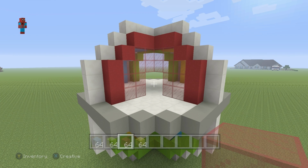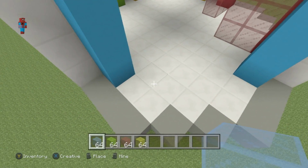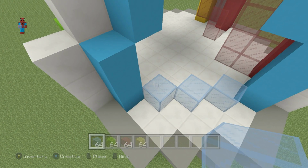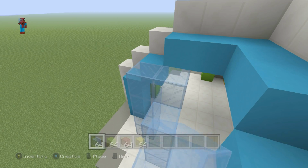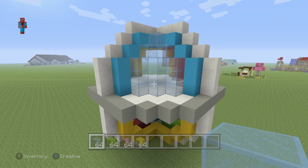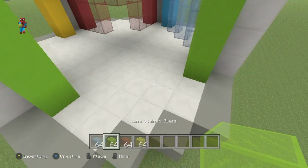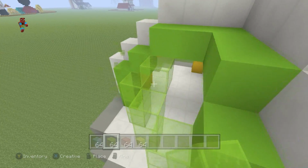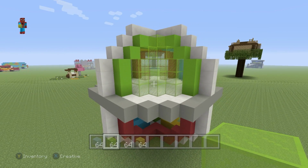So that's what you do for a side that has a balcony, but if we come to the back here and we take out our blue glass, this is what you do otherwise. First of all, you connect the blue at the bottom diagonally, like this, and then you add 2 more levels on top, 1 and 2, and then you add a layer of blue glass inwards, like this. And then you just stick 1 in the center, and that is how you fill in a side that you don't want to use as a balcony. Very simple stuff. Like the green side, for instance, you connect it together at the bottom, add 2 more rows on top. Then you simply want to add some more green glass in 2 rows, 1 that has 2 and 1 that has 1 to cover up all of the